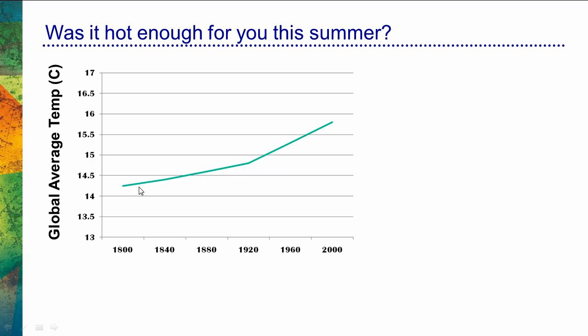And we can see that over the years, here we have 1840, 1880, 1920, and we're moving right along to the year 2000. We can see there has been a steady increase in the average global temperature. Okay. Now what I'm going to do in this next slide is add some information. So let me explain it as I do it here.